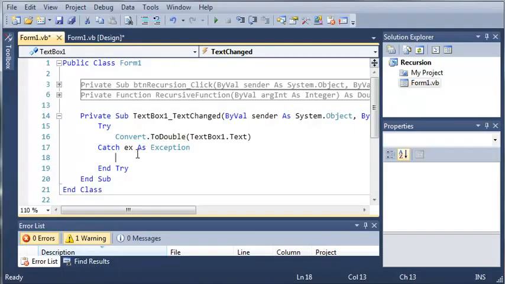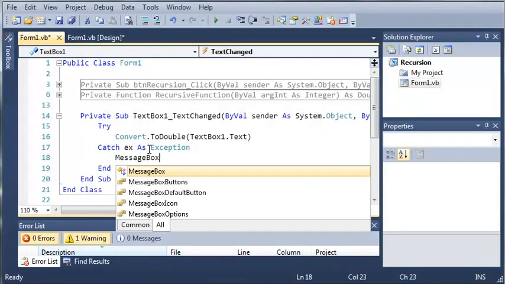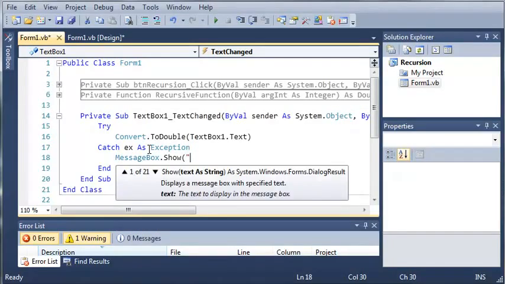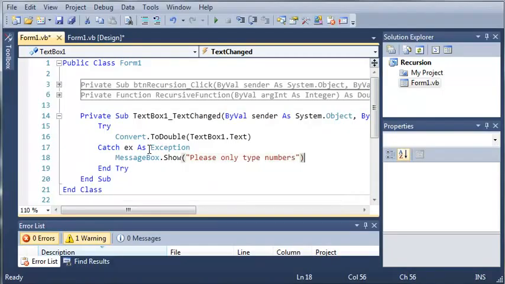So now if we get an error for this, what we want to do is we just want to tell them MessageBox.Show "please only type numbers", and then after that let's go ahead and clear that text box. So TextBox1.Clear. Okay, so let's go ahead and run this,